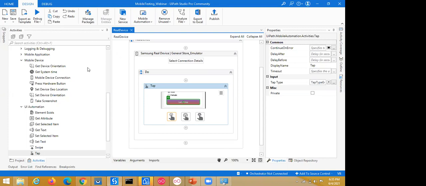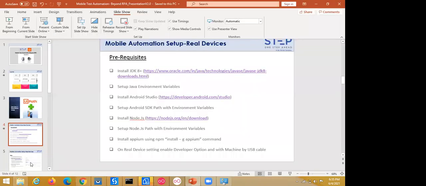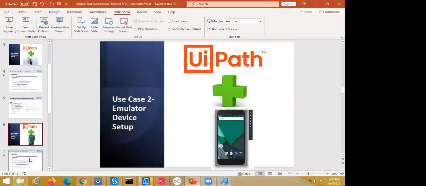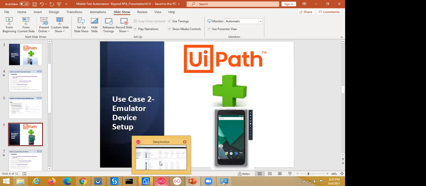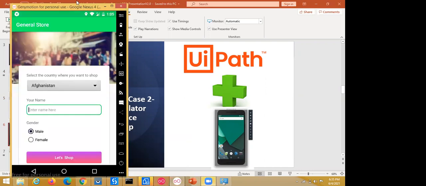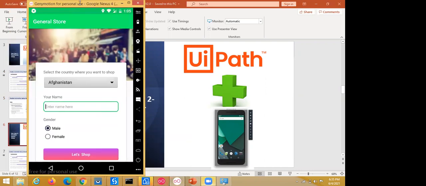Now the next thing is the emulator device setup. For the Android emulator I'm using Genymotion, which is free for personal use only.